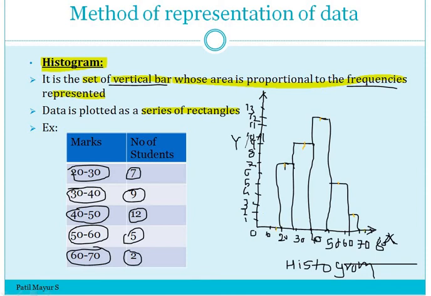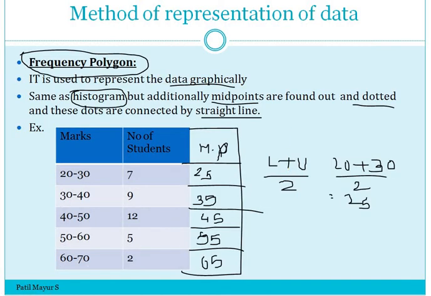And just we have to draw a straight line connecting these points, like this, like this, like this. Sorry, it should be from here. It becomes what? It becomes your frequency polygon. So simple it is. So it becomes your frequency polygon.